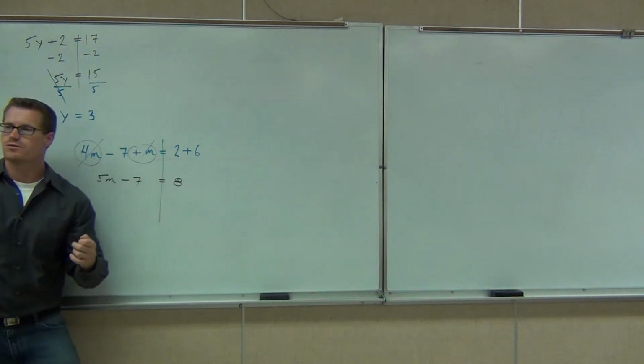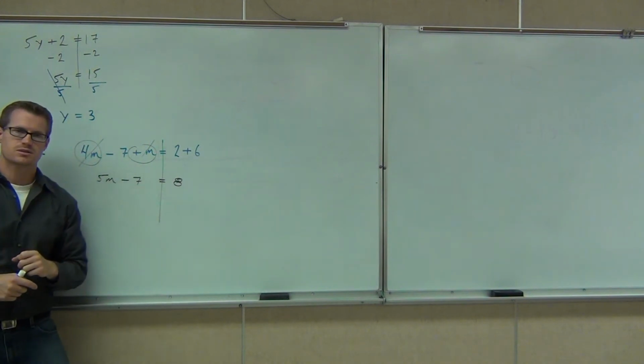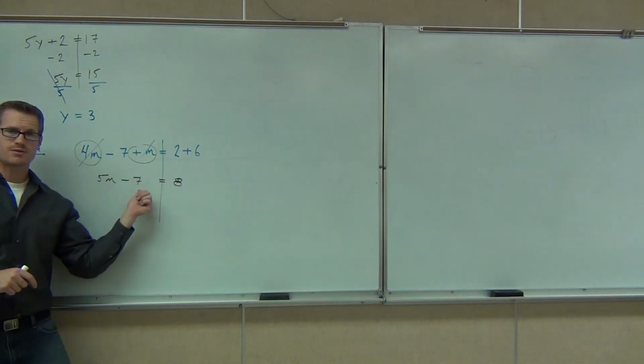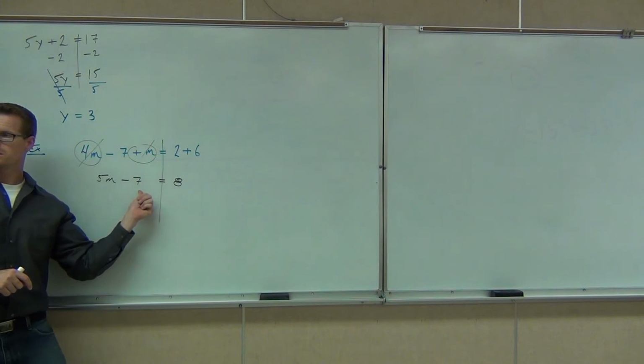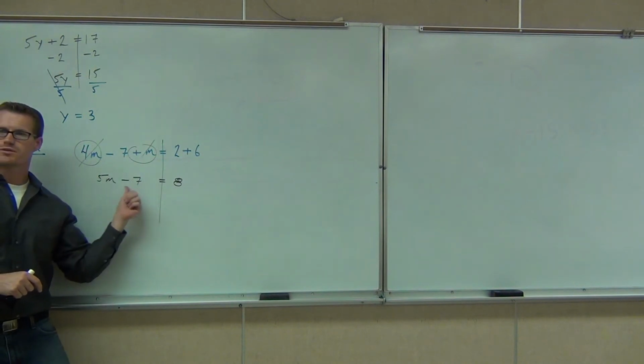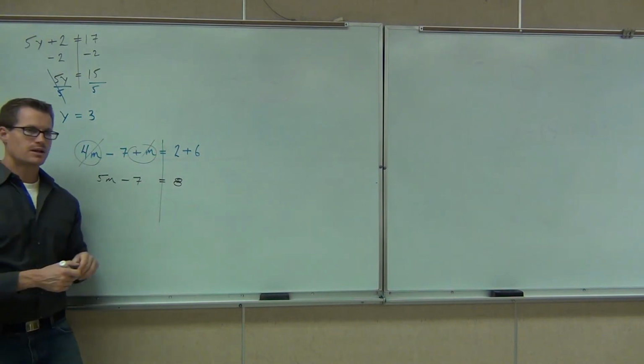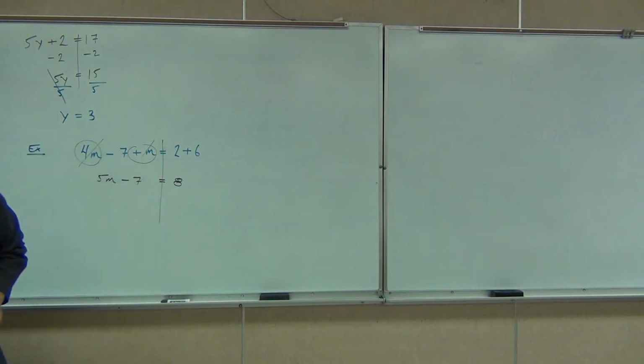Now, what do we need to get rid of here? There's 2 things. What are the 2 things? 7. We need to get rid of the 7, and we need to get rid of what? 5. Which one comes first, the 7 or the 5? 7. Let's get rid of the 7. How am I going to get rid of that 7? By adding